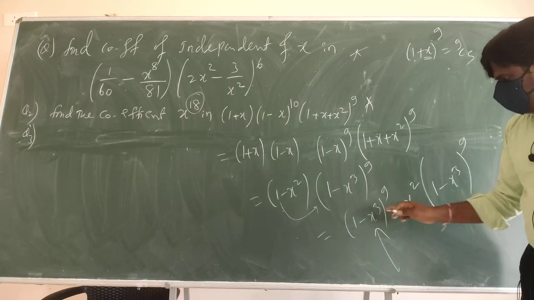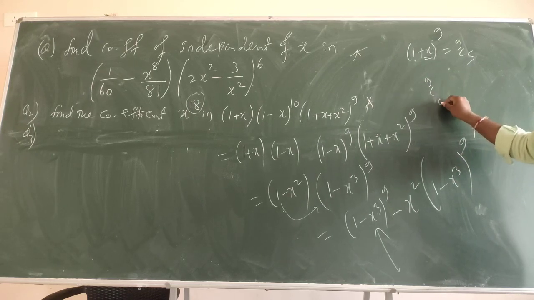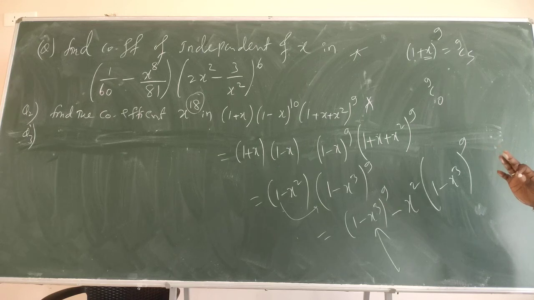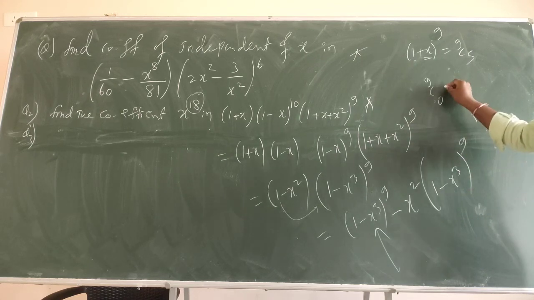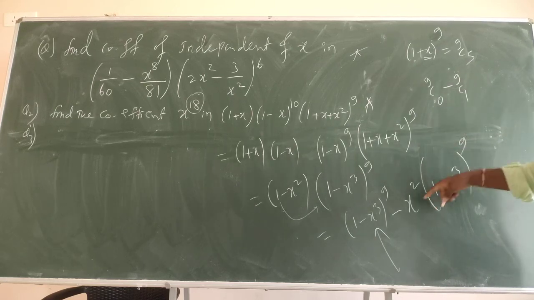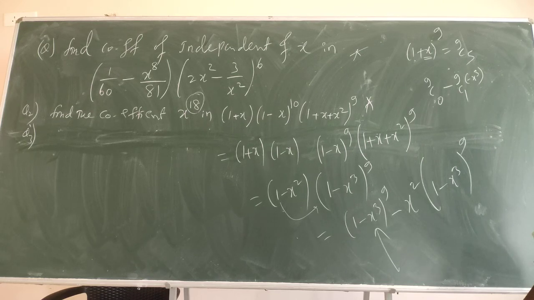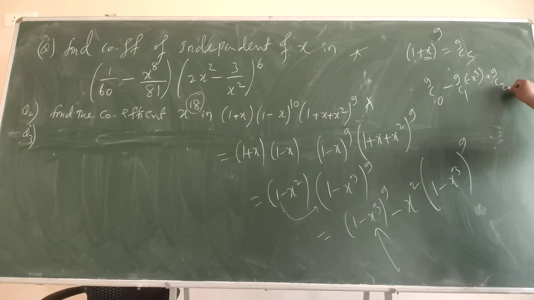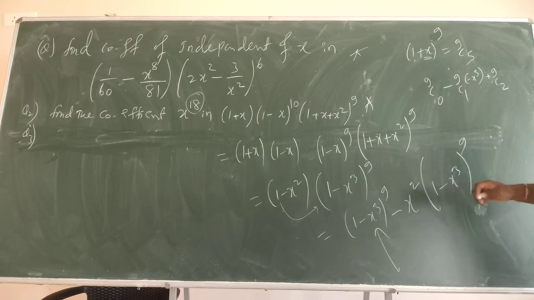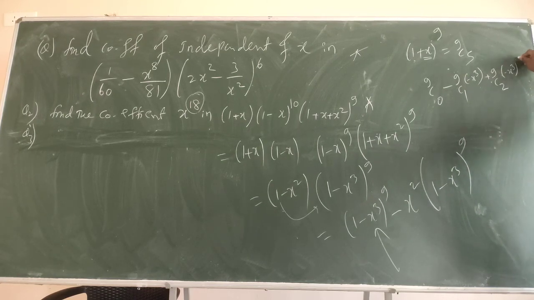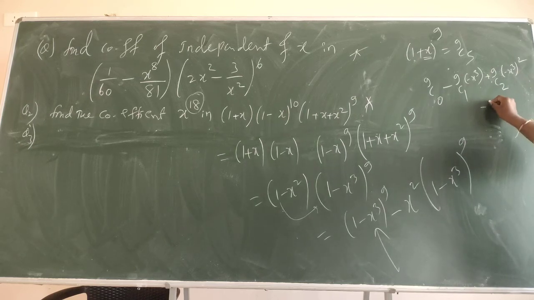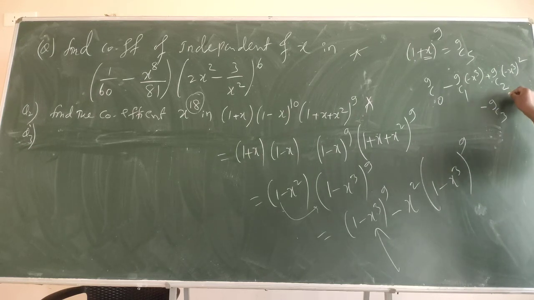अरे फर्स्ट टर्म कैसा आएगा? ये ओपन करें तो कैसा आएगा? 9c0 1 पावर समथिंग you will get. Okay, x power 0 minus 9c1, what will I get here? Minus x cube I will get, na. अरे यार समझ में आ रहा? और नेक्स्ट स्टेप क्या आएगा? 9c2, 1 power anything is okay, no problem. और नेक्स्ट टाइम में क्या आएगा? x cube whole square I will get. Next time what do I get? 9c3, what do I get here? x cube power 9, x cube whole cube I will get.